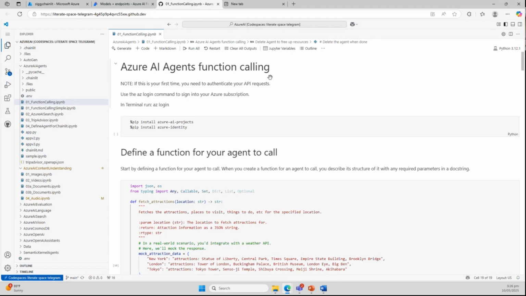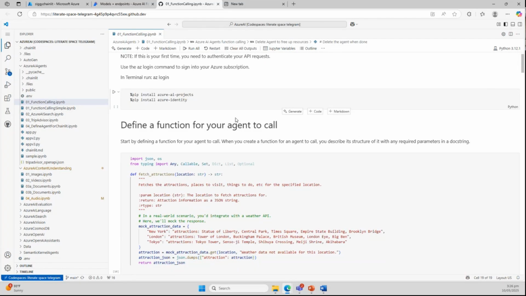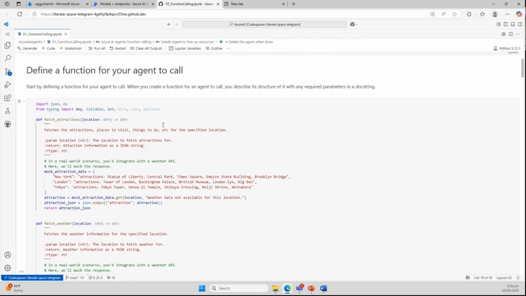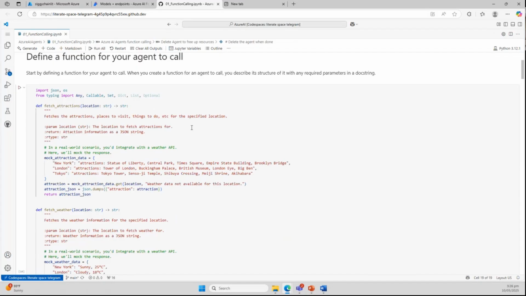Okay, so now in this demonstration, I'll show you how to set it up using code. So first and foremost, we have here the functions that our agent will call. Since we're now in the age of AI, every time you define your function, it should be intuitive. If you tell another person what this function is, the person will already know what it actually is. So that's how it should also be when you're programming using a large language model.